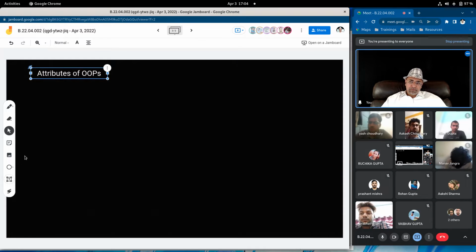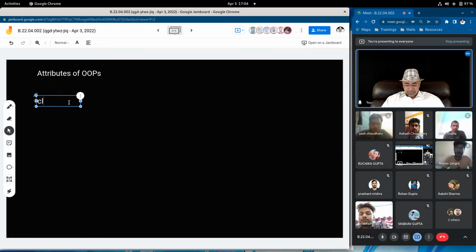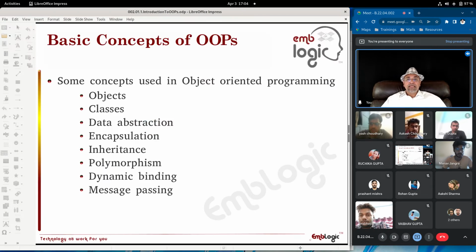Now, attributes of OOPS. The very first attribute of OOPS is a class, where we understand what is a class, the architecture I just gave. Second is object, which is an instance of class. Then after that you have something called data abstraction.